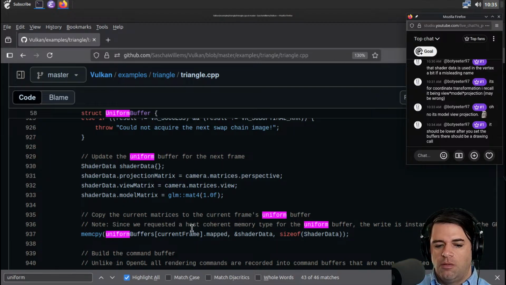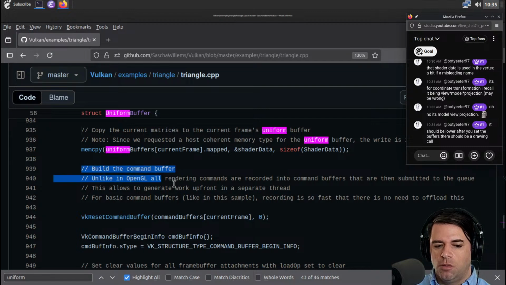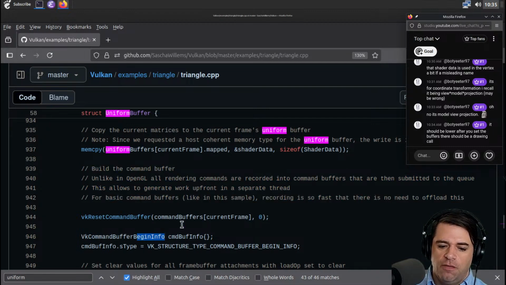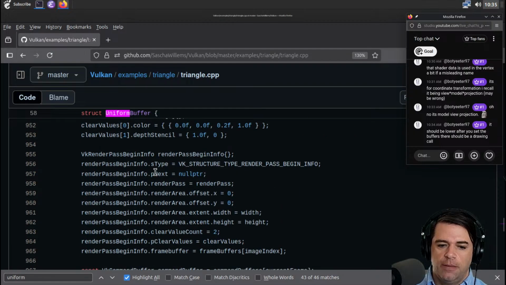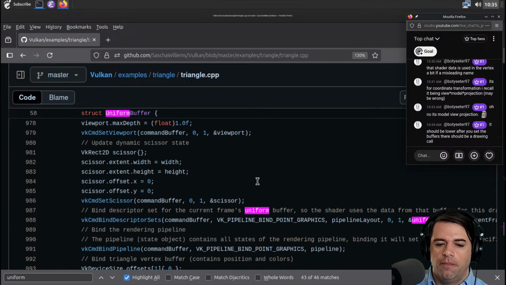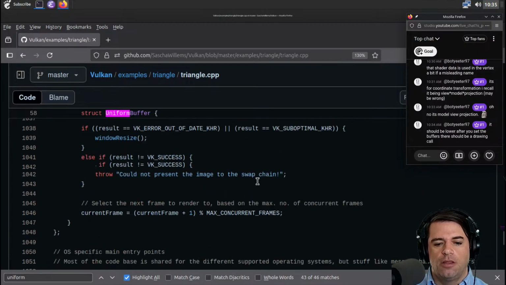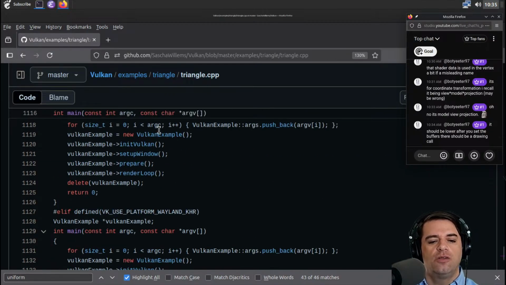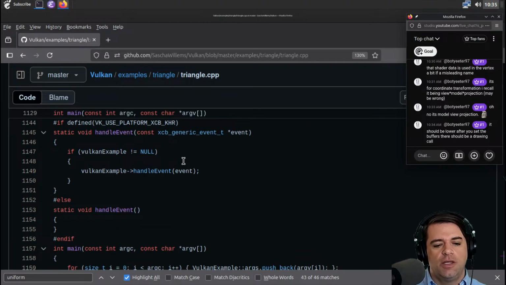Okay. Then we're going to build the command buffer. I guess we're maybe about to start drawing. Buffer begin info, structure, begin render pass. Yeah, I don't know. This is too complicated. I thought we would see things that looked more like drawing. Most of the code, if you sample it randomly, is stuff about